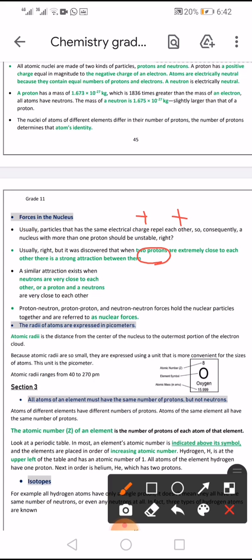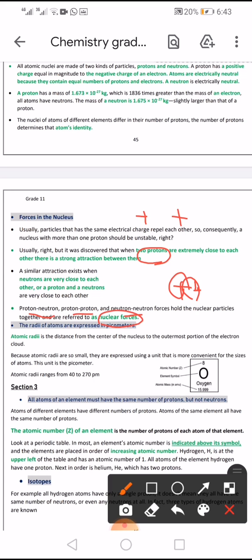A similar attraction exists when neutrons are very close to each other, or when a proton and a neutron are very close to each other. Proton-neutron, proton-proton, and neutron-neutron forces hold the nuclear particles together